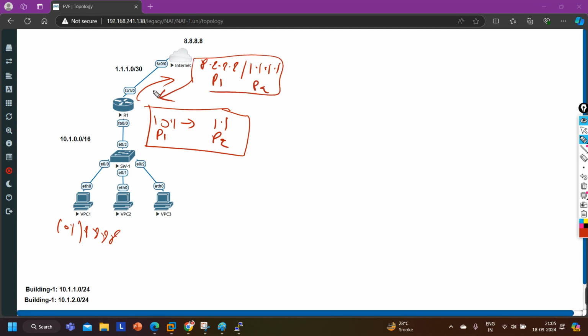It will send the reply to router 1. Now router 1 will receive the traffic, and again it is going to translate 1.1.1.1 into 10.1 by checking this table.